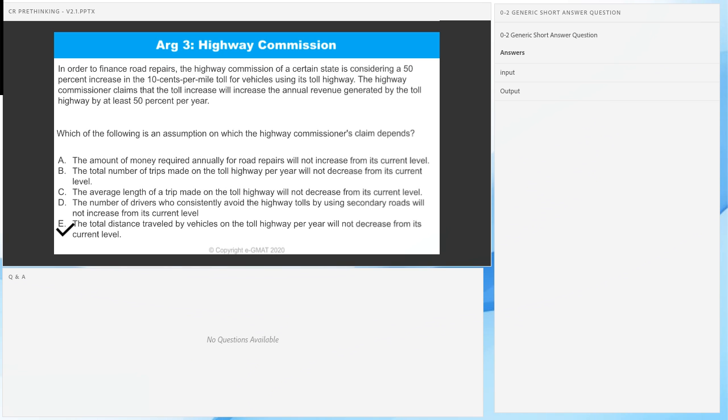The same thing applies to CR, or any aspect of the GMAT. If you focus on getting better at visualizing information, if you focus on building the logical structure better, if you focus on translating the information in the argument into the falsification question, there is no reason why you won't be able to pre-think assumptions. This is not rocket science. The reason why you're not able to do this is because you're faltering at one of these three places. Does that make sense?